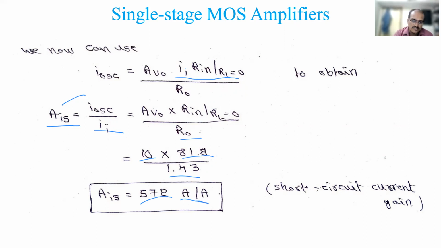So just go through yesterday's notes, whatever parameters I have given, then write down this problem and go back, turn the page and look at the relationship. This is a very lengthy problem, I understand, but this problem was taken to understand the parameters, how to use them and calculate the values of the MOSFET amplifier. I don't think they will ask this problem in the exam or not, but it is a practice. Later we will do the remaining problems. This way of calculation is required. So this is it for today.